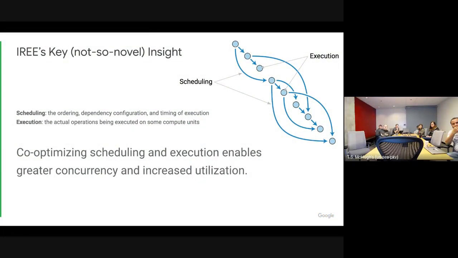And this is not a novel insight. This is how things are traditionally done for things like GPUs. You really are splitting the scheduling from the execution, and this manifests itself all the way through the stack. The scheduling code might be written in C or C++, talking to Vulkan or OpenCL or any of the system APIs, fibers, thread pools. And then the actual things you're executing will be written in a completely different language. That might be HLSL or GLSL for shaders on the GPU, or compiled kernels and pre-built libraries. But they usually are very separate.